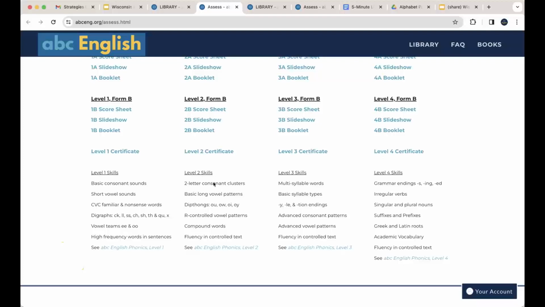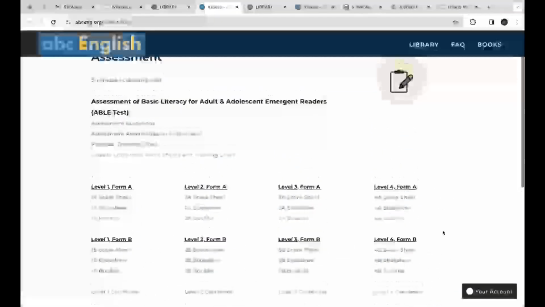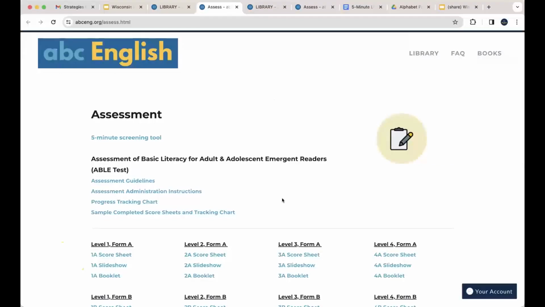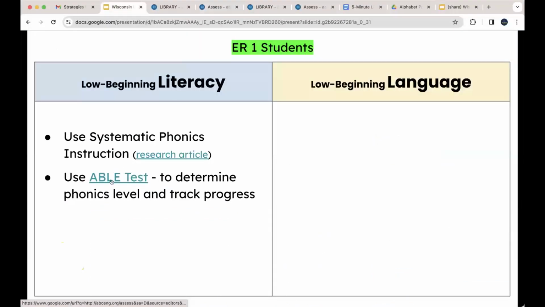The level 2 skills bring in long vowel patterns, OU, OW, compound words, and fluency in a controlled text. Level 3 moves into multi-syllable words and some common syllable endings. Level 4 gets into grammar endings and more complicated words. So this is a really useful tool for understanding what a student doesn't yet know in terms of literacy skills,